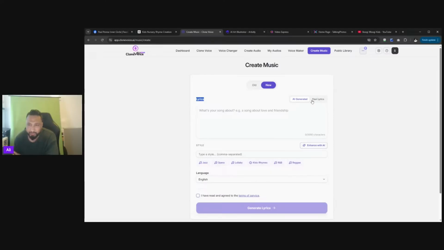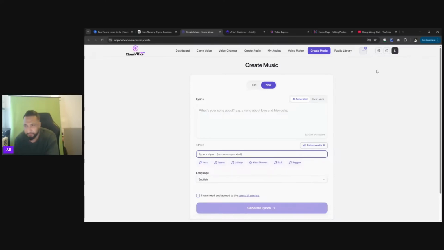I think this is probably the easiest and simplest option: AI generate. All you have to do is explain what you want the song to be about, and that's it. The AI will go off and start building your song based on that. Last week, if you never watched that video, I showed how you can create your own music channel, your audio, etc., and you can go watch that if you want. But that's a simple process. Select a style, language, and you are good to go. I will show you how to do that, but let's first look at